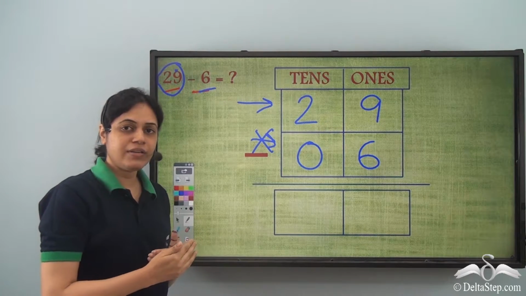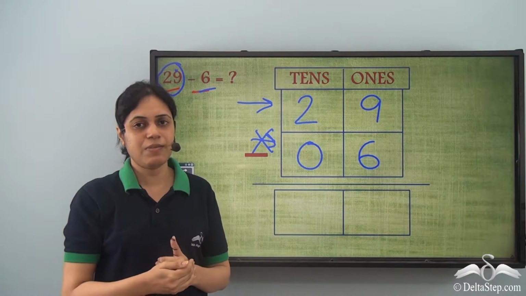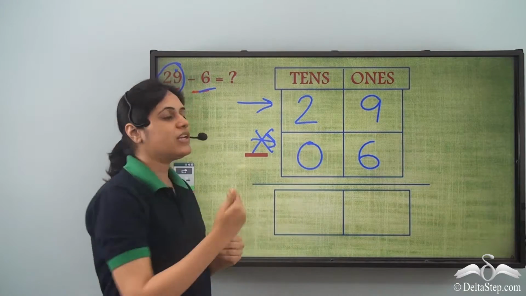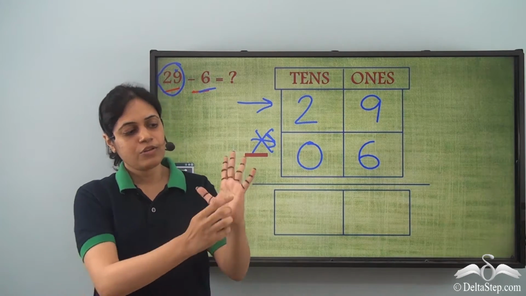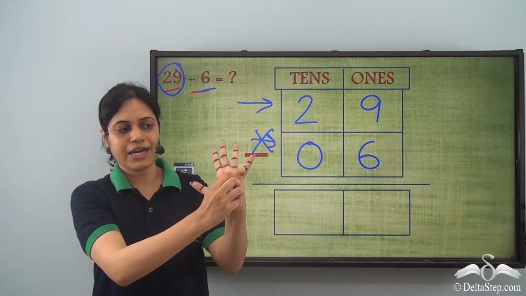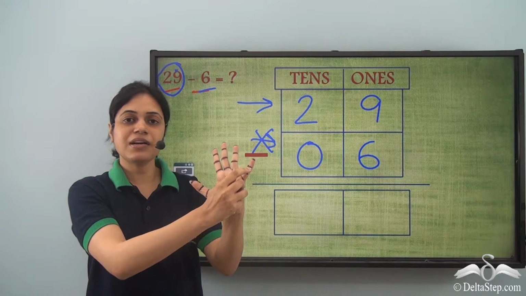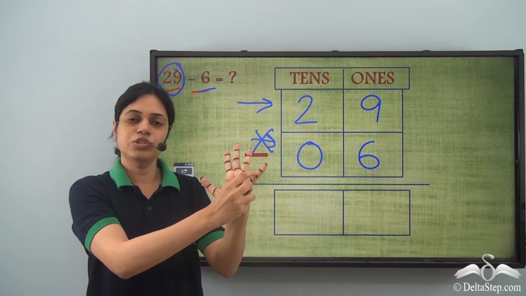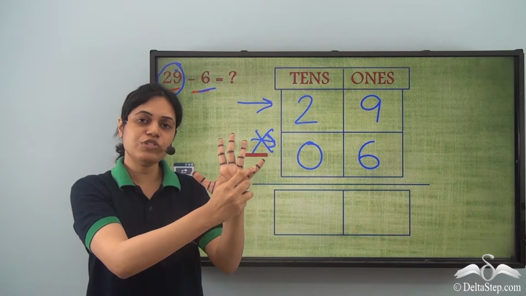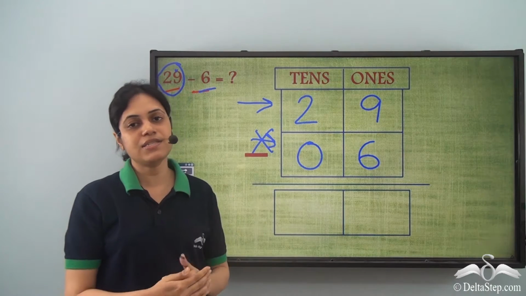How do I do that? Well, now I know how to subtract using finger marks. So I'll start with the number after 6 and go till 9. So 7, 8, 9. How many finger marks are here? 1, 2, 3. I have used 3 finger marks. So 9 minus 6 is 3.